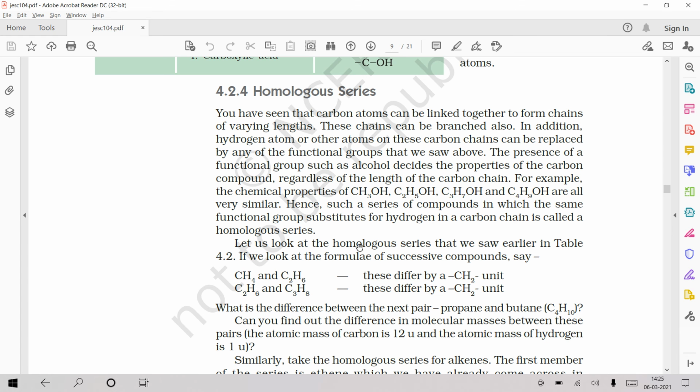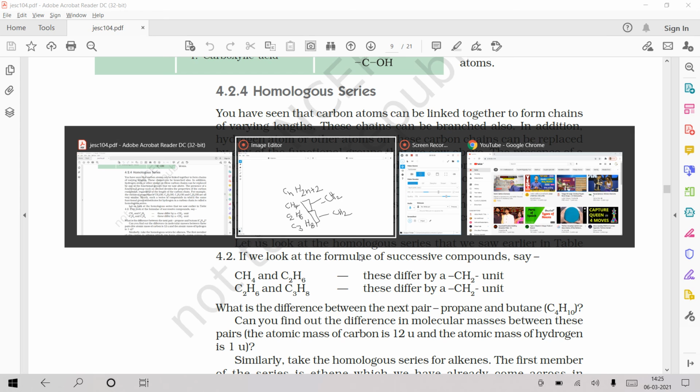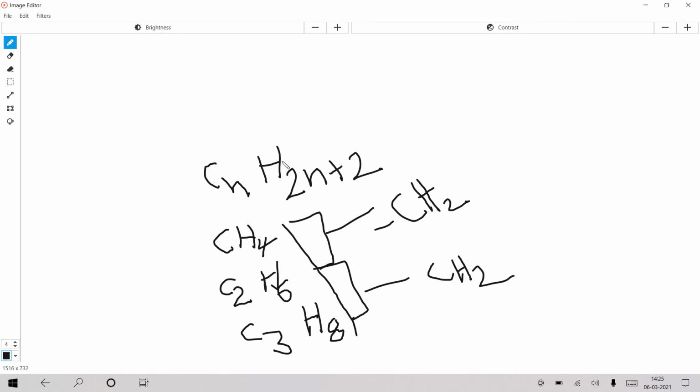And you have the alcohol homologous series, that is CH3OH. For example, I have CH4 previously. If I remove one hydrogen and write OH, then it becomes an alcohol, CH3OH. That is methanol, the first one. For the next one, you take C2H6 and remove one hydrogen and write OH, then it becomes C2H5OH, because H6 minus one is H5. This is called ethanol. So methanol, ethanol, propanol, like this you can continue the series of alcohols.